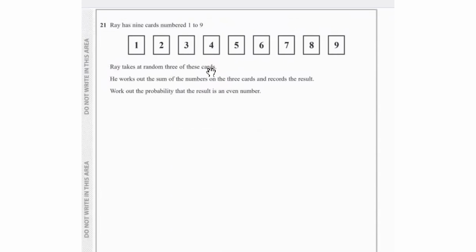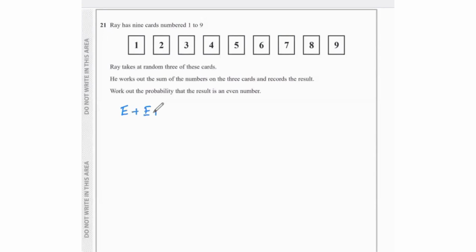And this question says that Ray has 9 cards numbered 1 to 9. Ray takes at random 3 of these cards. He works out the sum of the numbers on the 3 cards and records the result. Work out the probability that the result is an even number. So first we need to understand how we can get an even number. We can get an even number if we add